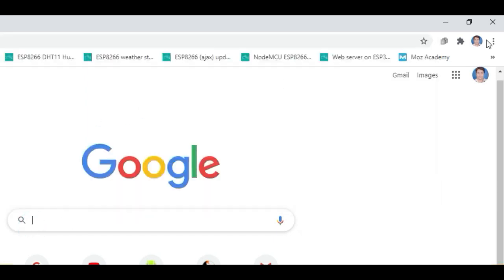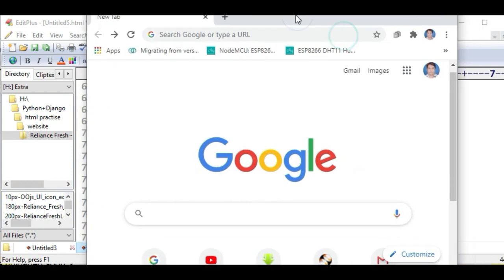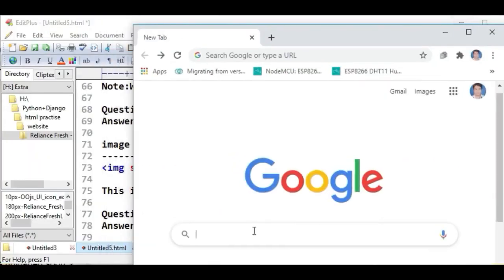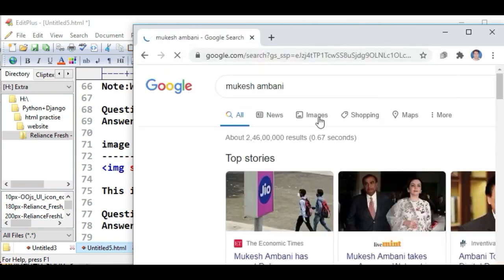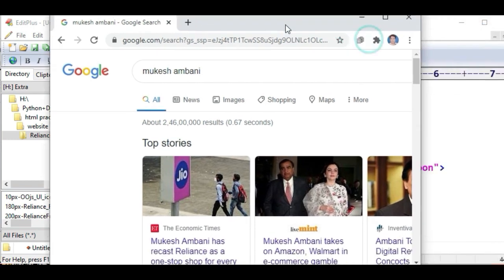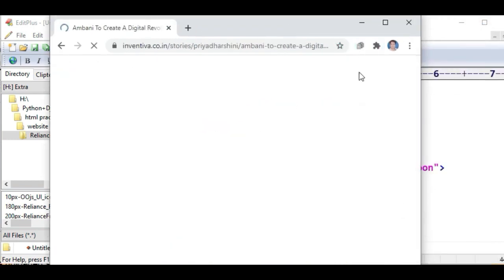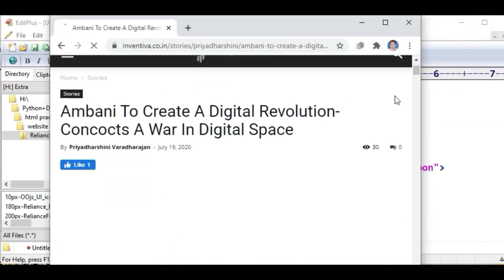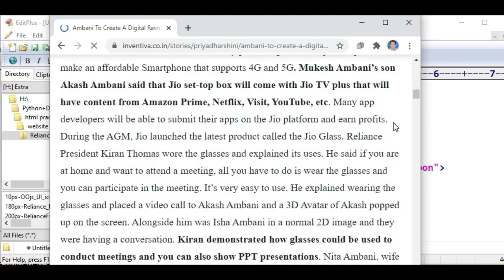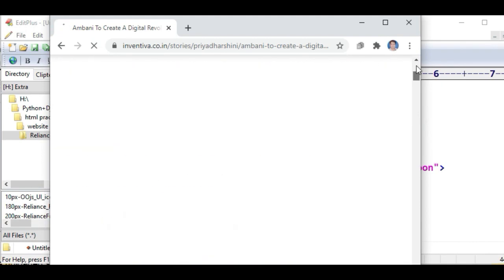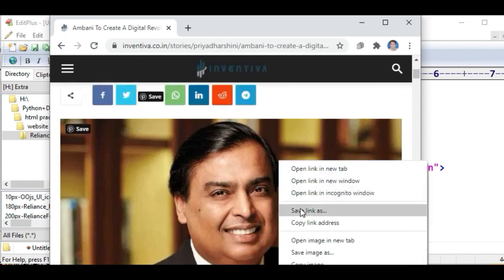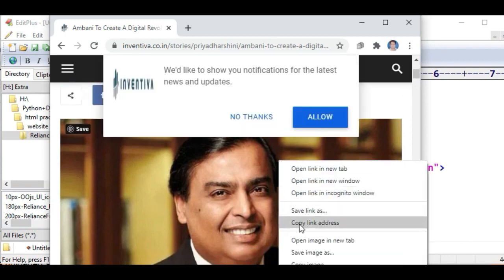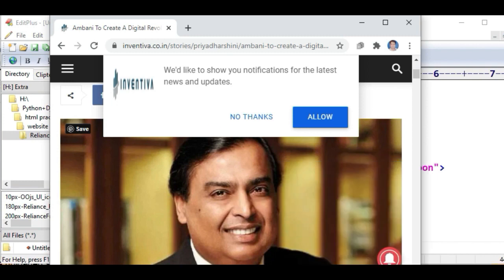Go to Google, search Mukesh Ambani, copy link address.